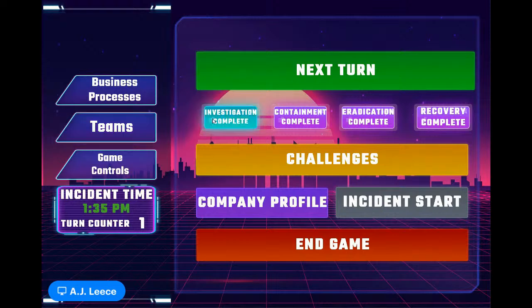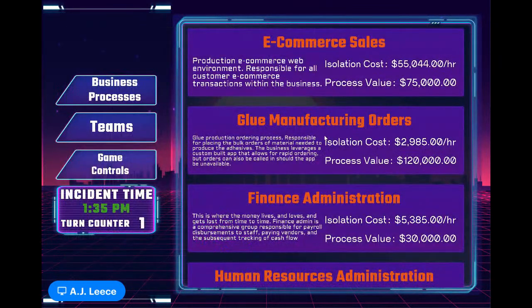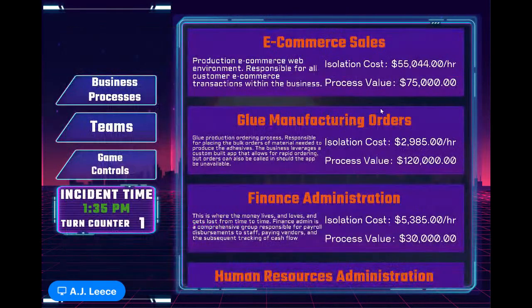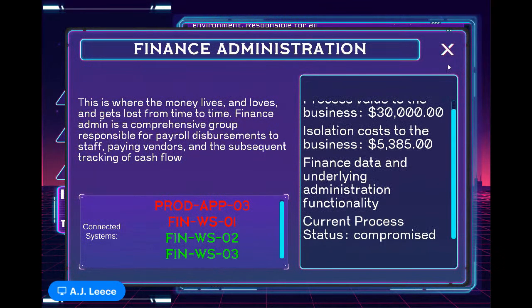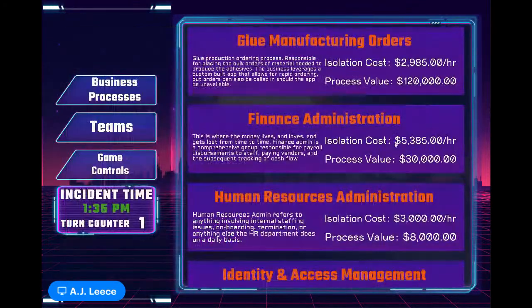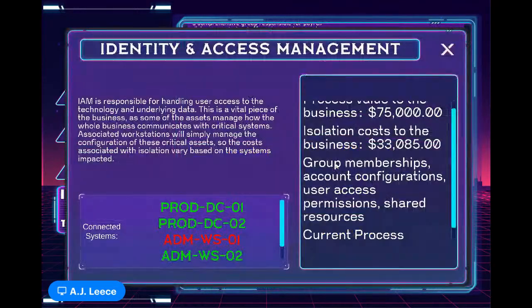what that looks like. So in this case, our investigation is complete, and we definitely have our glue e-commerce has been impacted. Our ability to order more glue has been impacted. We have a couple of people in finance, but not everybody. So we're in okay shape there. Human resources is definitely off the hook on this one. So we can go ahead and put the malicious resumes to bed.